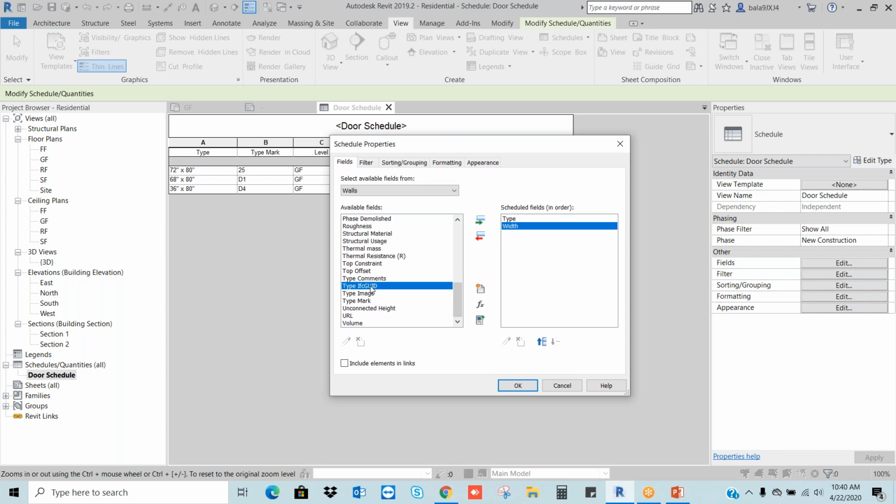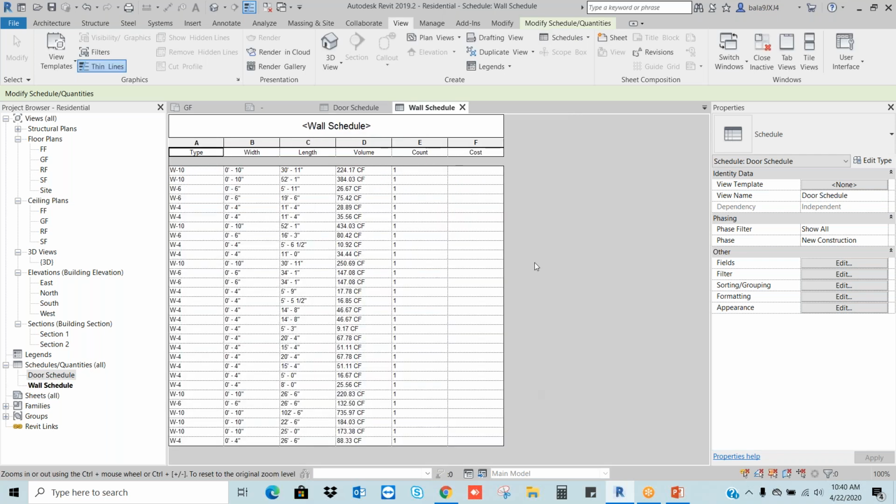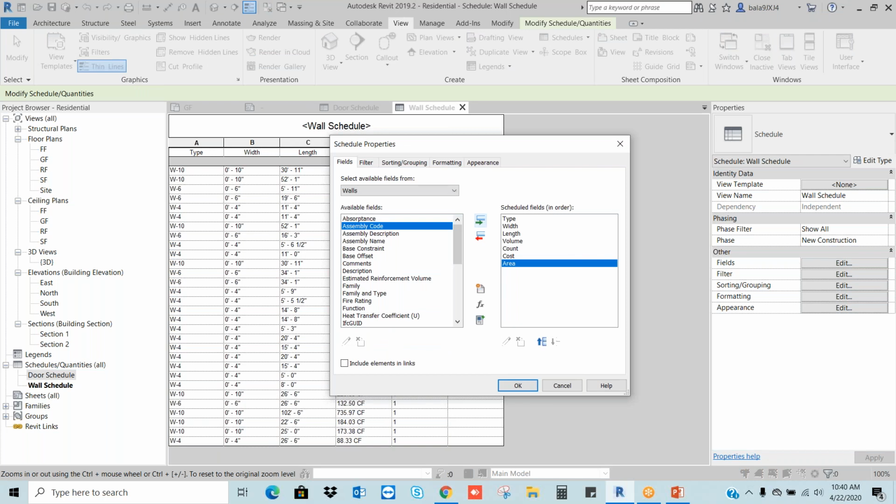Let's say width, length, volume, for example count and cost. See, now I will get all types of the walls. Okay, width, the length, and all. This is the volume of the wall. If you want area also, I can add it. I want to move area before volume.